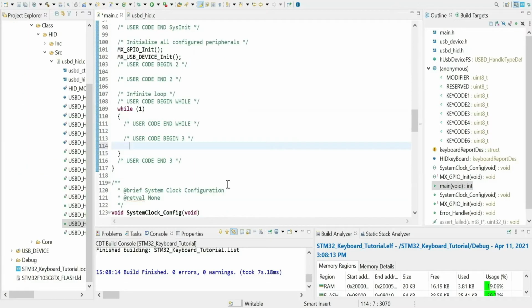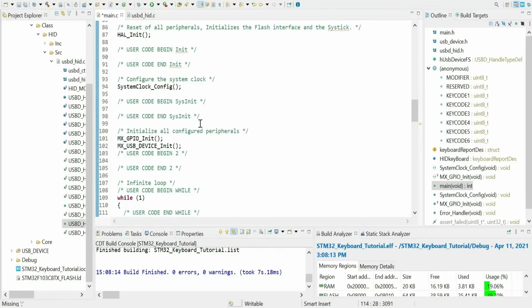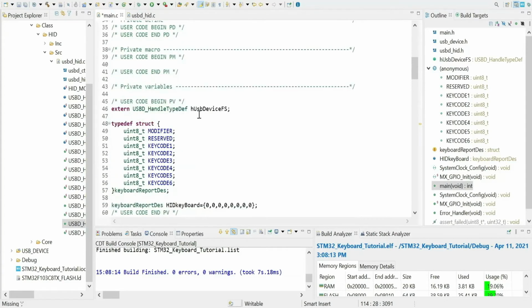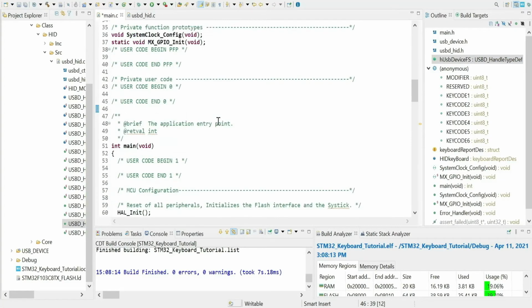In the while loop, write a function usbd_hid_send_report. In this function, there are 3 arguments: core handle, address of data and the size of data.